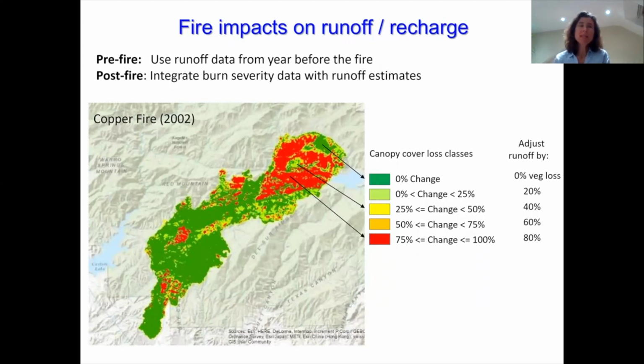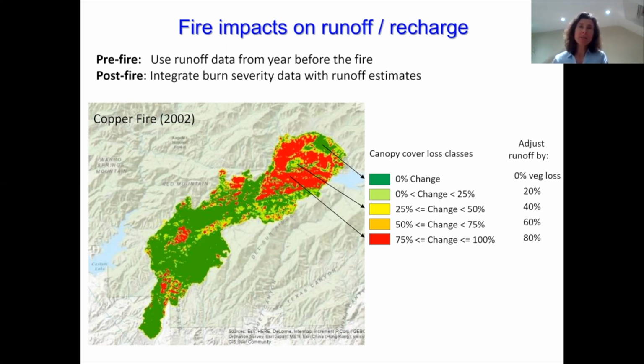So for this example, we can see the RAVG data for the Copper fire. And you can see those pixels in red have between 75 to 100% canopy cover loss. So what we did then was to rerun the basin characterization model using a decrease in the amount of vegetation.